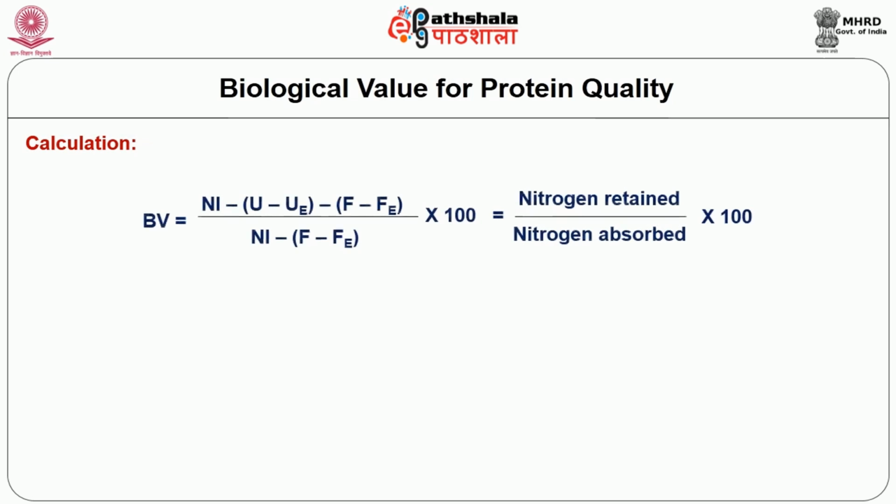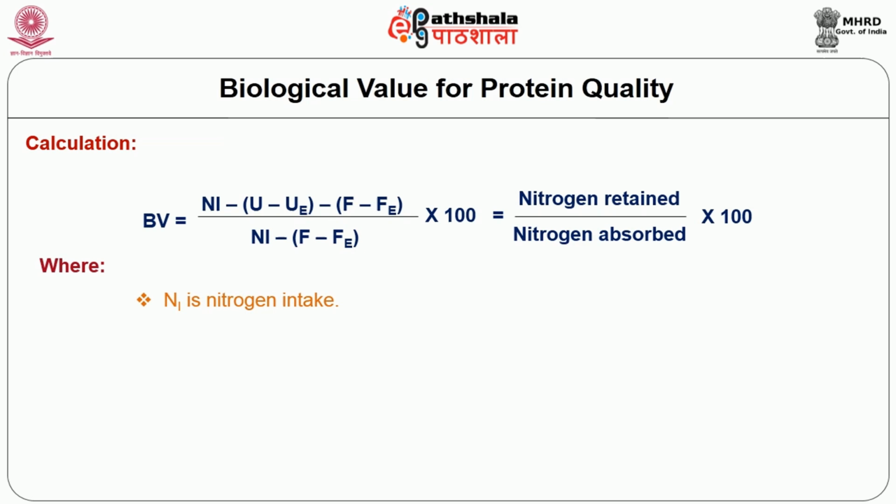The calculation for the biological value is: Ni minus U minus UE minus F minus Fe, divided by Ni minus F minus Fe, multiplied by 100. That is, in a reasonable way, we can say nitrogen retained divided by nitrogen absorbed, multiplied by 100, gives you the biological value. In this equation above,